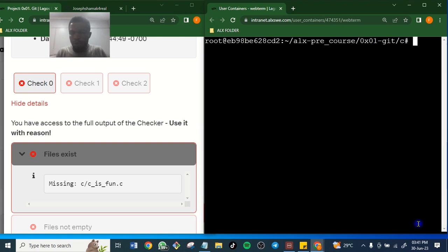We git push in C. So we can't git push in C. It will not see it. Let's check C, whether the file is there anyway, before we git push.